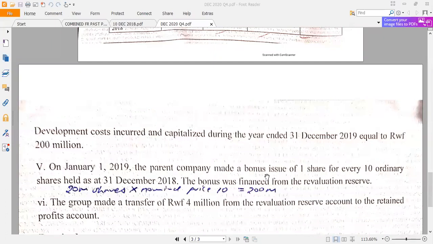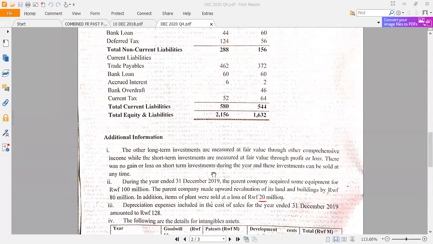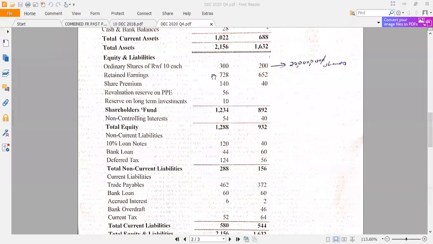Please understand me here, so that when I start working I'll not be explaining it again. Ordinary shares at the beginning of the year is 200 million. Ordinary shares at the end of the year is 300 million. So there was a new issue of shares of 100 million, the difference between 200 and 300. Out of this new issue, there is also a bonus in it. If there was no additional information on bonus,